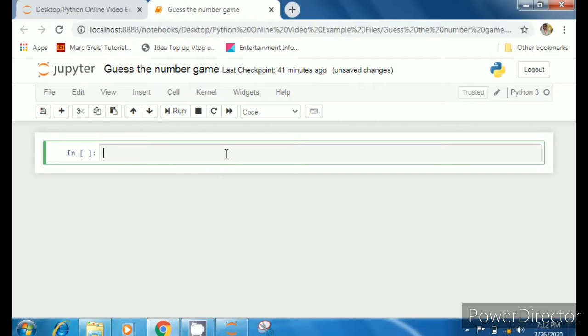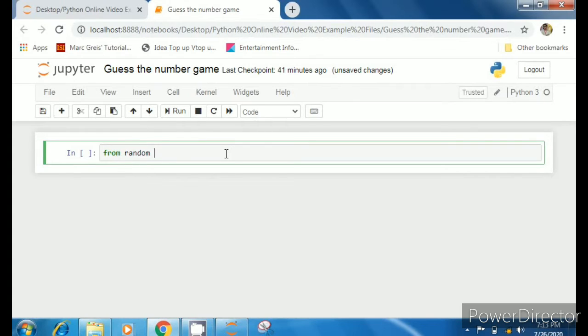This guess the number game is very popular in computer world, and one time or other everyone has played it, for free or paid. That game is on computer, guess any number and win some prize, win some lottery, win some cashback or anything. Those games are pretty advanced. Obviously there is some secure algorithm involved, but the basic logic will be the same that we are going to implement here.